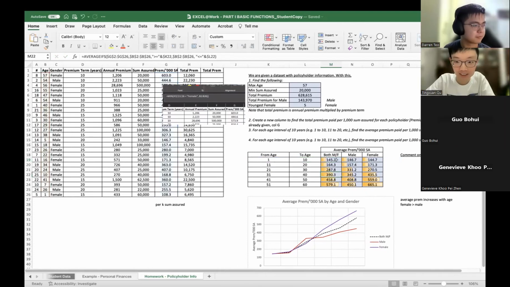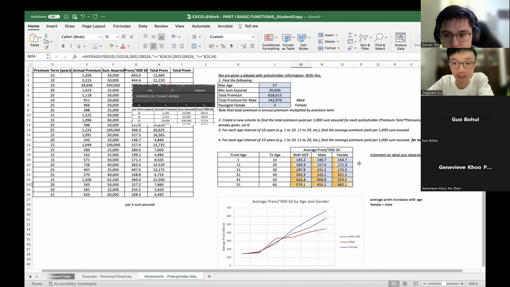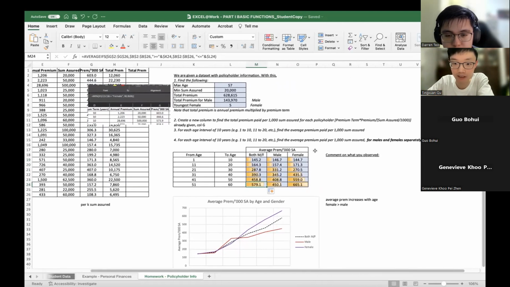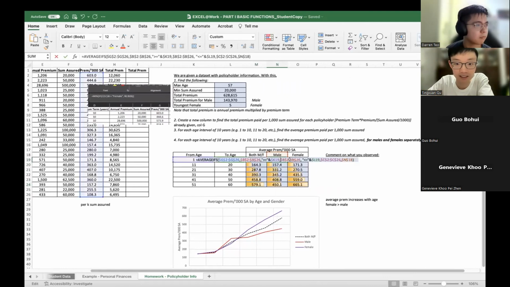Oh, but then I just drag it down to here. So then the cells are auto-copied. And for the male and female separately, I just add another condition.